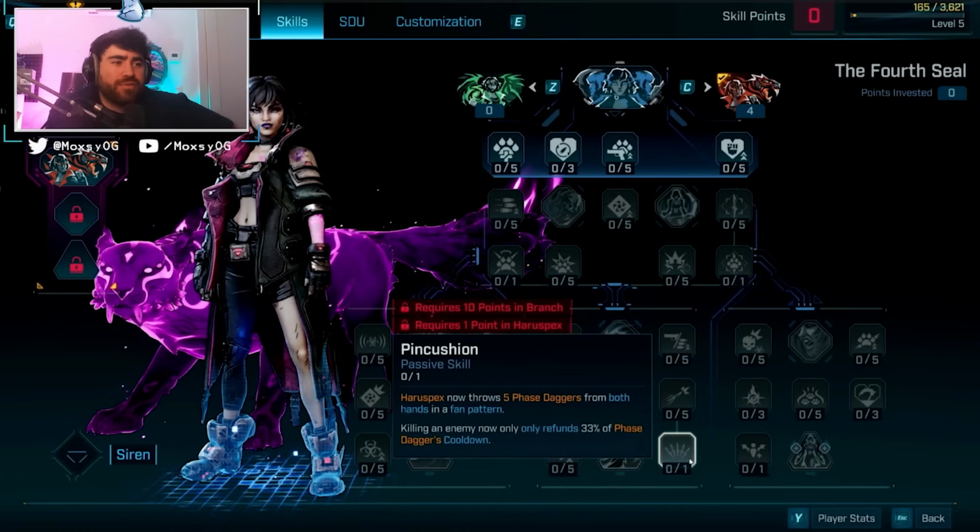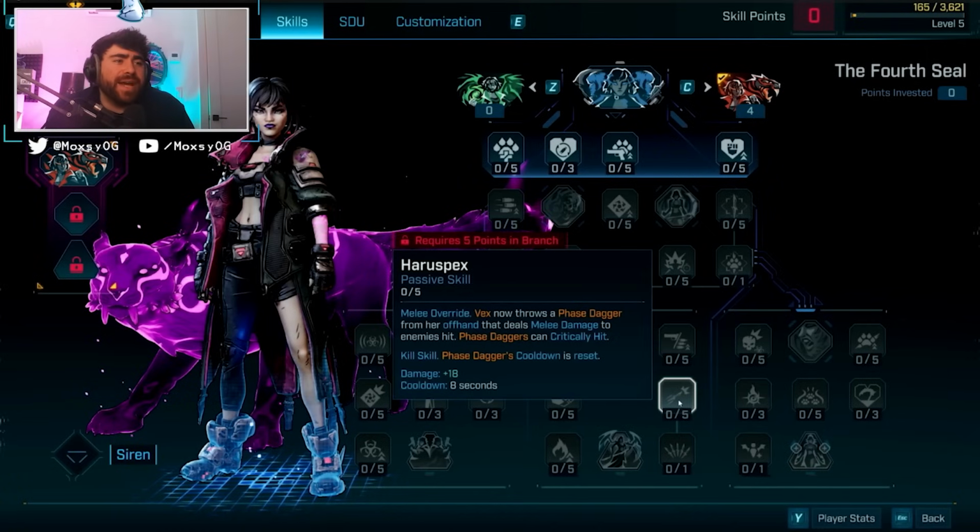Haru specs now throws 5 phase daggers from both hands in a fan pattern. Killing an enemy now only refunds 33% of phase daggers cooldown. Interesting. But you can spam a bunch of phase daggers out. Those phase daggers do melee damage, so I bet they would also apply curse. Remember we were wondering if you could apply melee from ranged. I bet these phase daggers that you throw could proc these cursed blades on enemies, which would be pretty